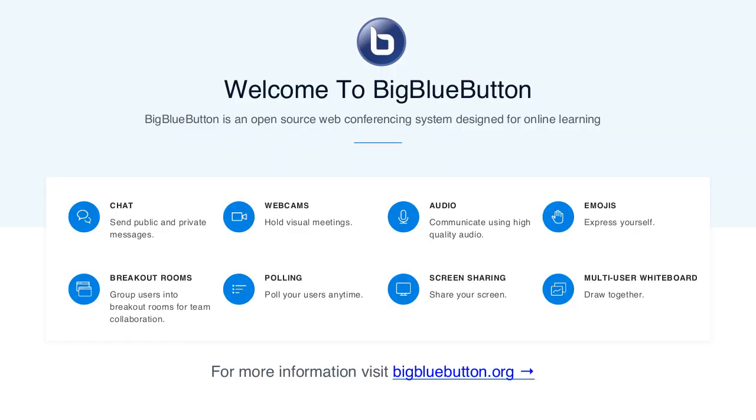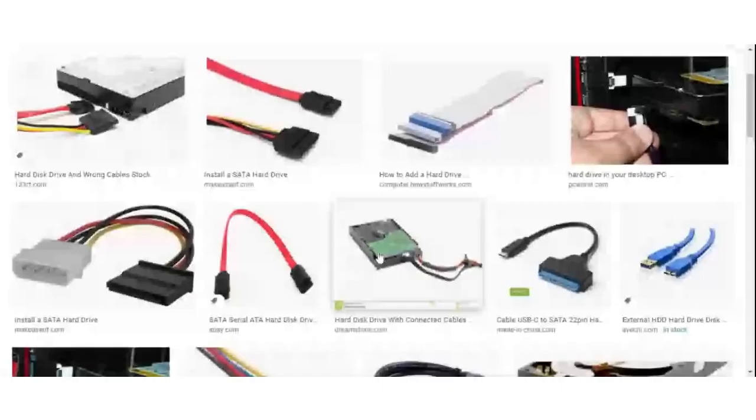Yeah, these are the cables used for the disk drive. You can see you're having two. One is used for